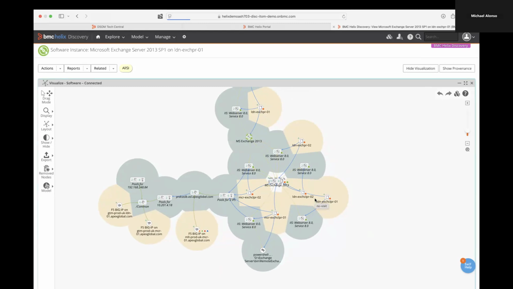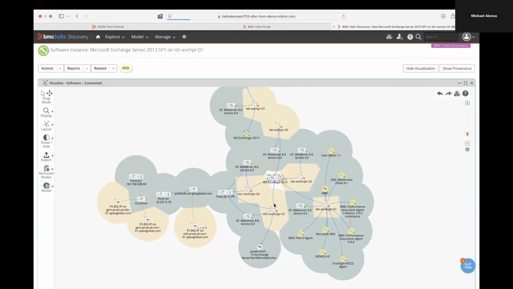Now, I want some more information in here. So we can choose how verbose we want to make this, how large we want to make this model. You can see I have multiple Exchange servers here. And then we have our F5 IPs coming in through our pool. So basically, here's our connection point through our F5 coming in through our IP address pools and into our Exchange environment. Well, if I want to make this a larger model, you notice everything has a plus symbol on it. And I can start expanding as much as I want.